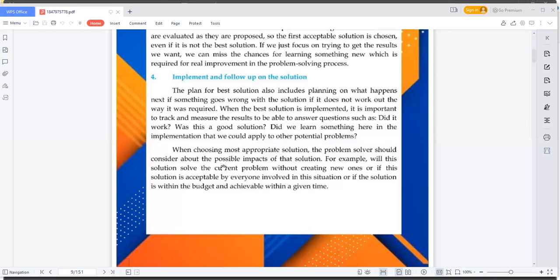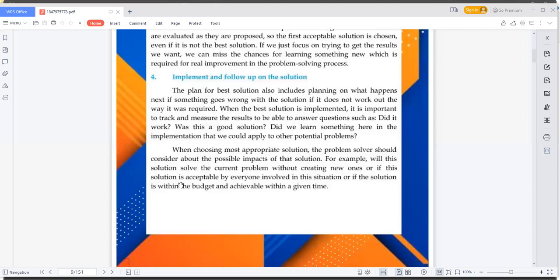एक और चीज जो हमारे पास सबसे पहले इम्पोर्टेंट है वो ये है कि जो प्रॉब्लम सॉल्विंग सोल्यूशन हम दे रहे हैं, वट एवर बी द सोल्यूशन इज, ऐसा तो नहीं होगा कि उससे मजीद कोई प्रॉब्लम क्रिएट हो जाए, न्यू प्रॉब्लम्स क्रिएट हो जाएं। विल दिस सोल्यूशन सॉल्व द करंट प्रॉब्लम विदाउट क्रिएटिंग न्यू वंस? जो नई प्रॉब्लम्स हैं उनको क्रिएट किए बगैर वो प्रॉब्लम सॉल्व होनी चाहिए।